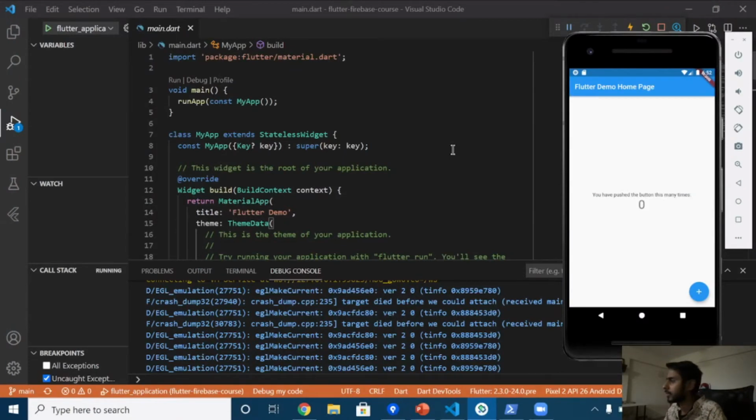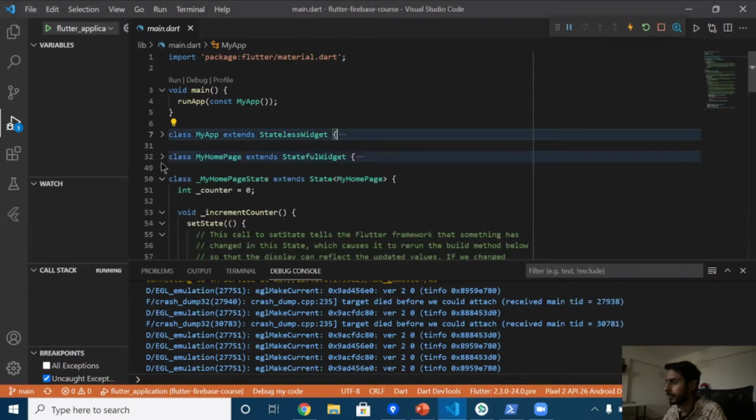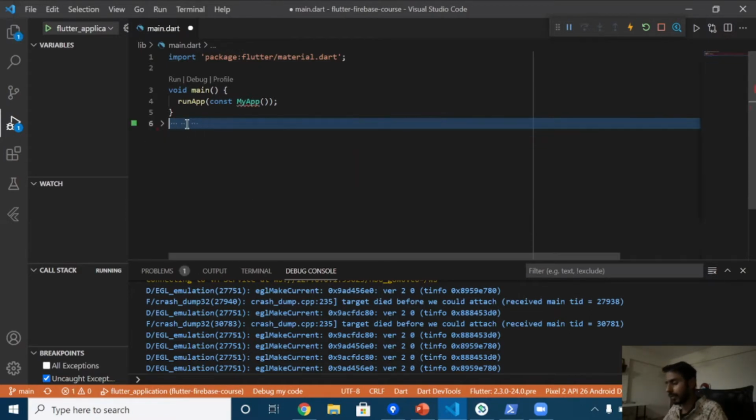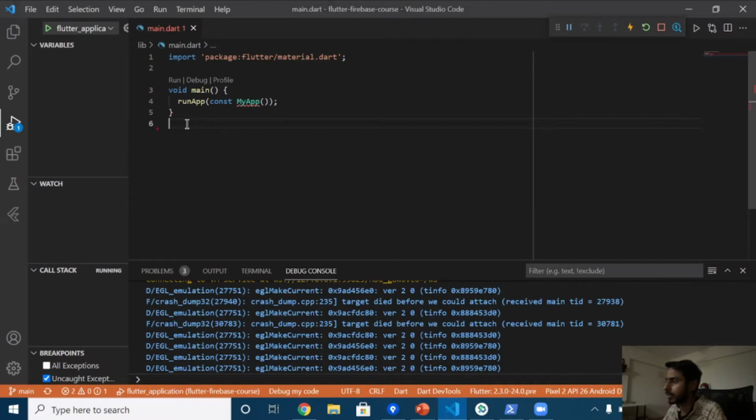All right, so this was the application that we developed in our last video. So today we are going to change something in the same app and see the outputs over here. All right, so let me clear all this up. So these are the default code that comes up when we create a Flutter application from the scratch. All right, so our code, whatever we learned today, goes here.